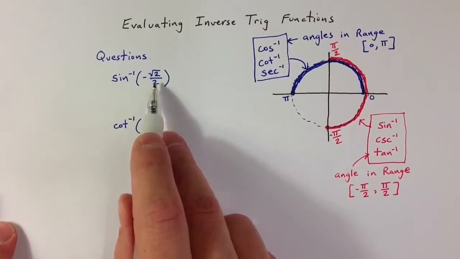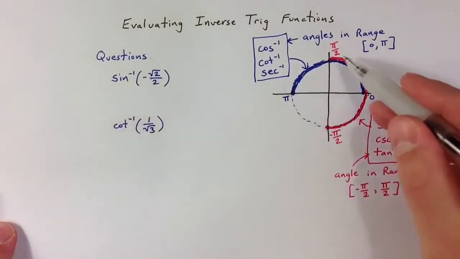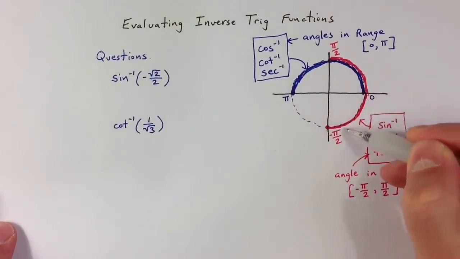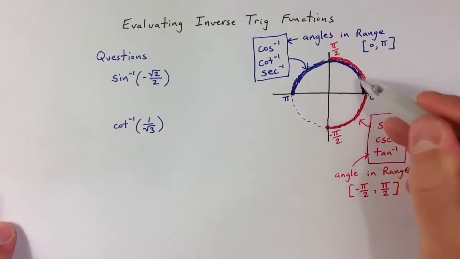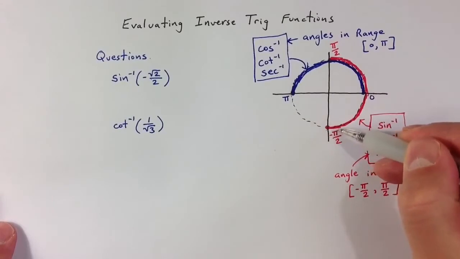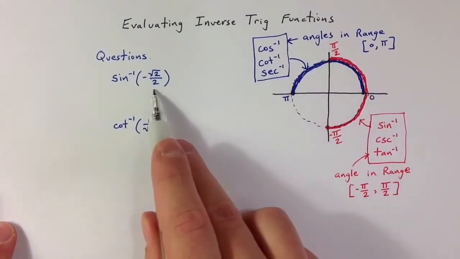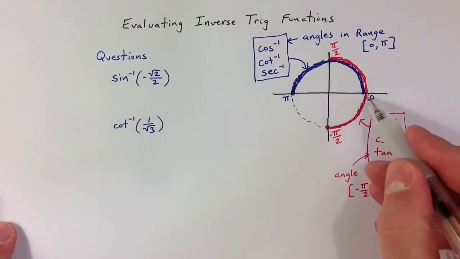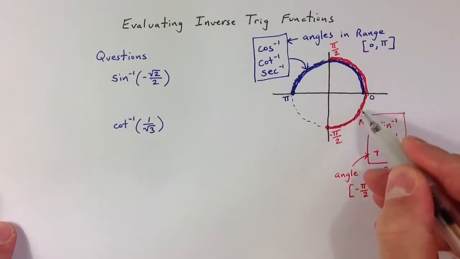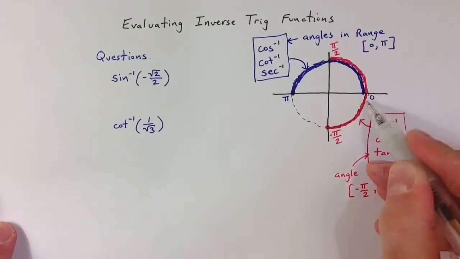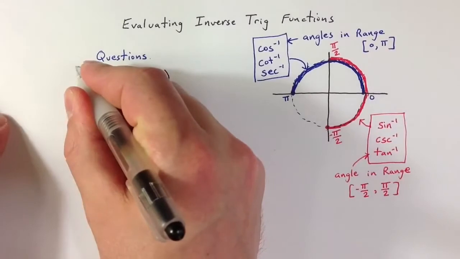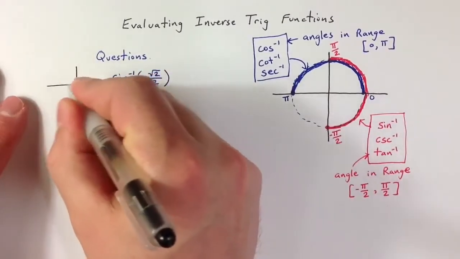So it's the inverse sine function. So the answer, in terms of radians, has to be between negative pi over 2 and pi over 2. And because the ratio is negative, that means that the answer has to be down here in quadrant 4. And so thinking about what the unit circle looks like,